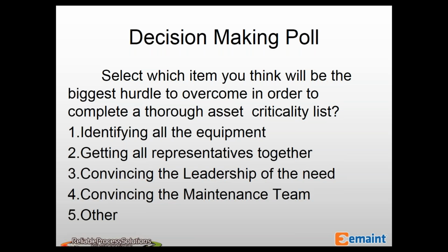Yeah, great question, and it applies to all of the utilities, not only HVAC, but electrical, lighting. If you have gases or plant air or water, whether it be cooling water or potable water. These are systems, if you will, that are common to many, many different areas of the plant, and the considerations need to be and may be different depending on the areas of the plant and the needs of a particular area of the plant. So overall HVAC I would do as a system, and lighting I would do probably as a system. But if I'm in a situation where quality has a significant impact based on lighting, if I have specific lighting that operations personnel or quality personnel or food safety personnel need,